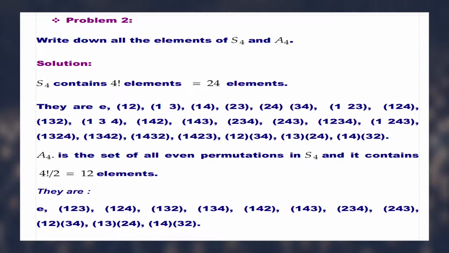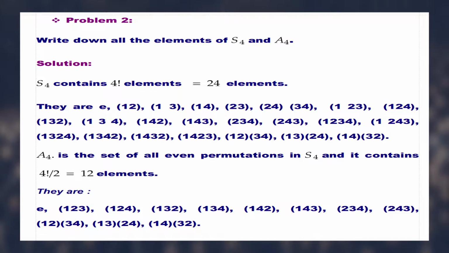They are identity, cycle 1, 2, cycle 1, 3, cycle 1, 4, cycle 2, 3, cycle 2, 4, cycle 3, 4, cycle 1, 2, 3, cycle 1, 2, 4, cycle 1, 3, 2, cycle 1, 3, 4, cycle 1, 4, 2, cycle 1, 4, 3, cycle 2, 3, 4, cycle 2, 4, 3, cycle 1, 2, 3, 4, cycle 1, 2, 4, 3, cycle 1, 3, 2, 4, cycle 1, 3, 4, 2, cycle 1, 4, 3, 2,